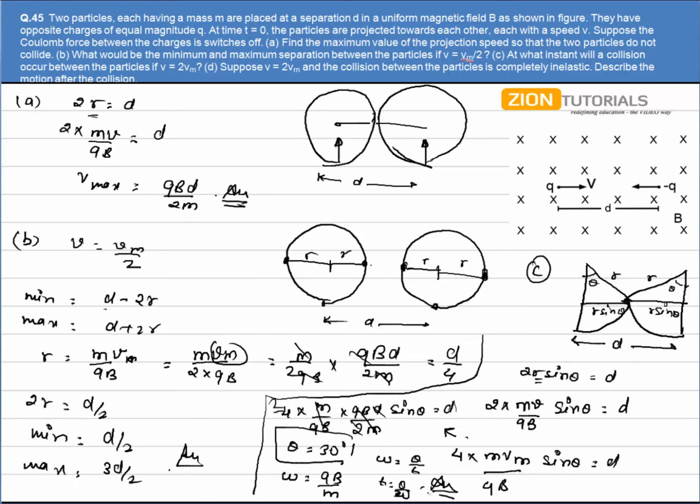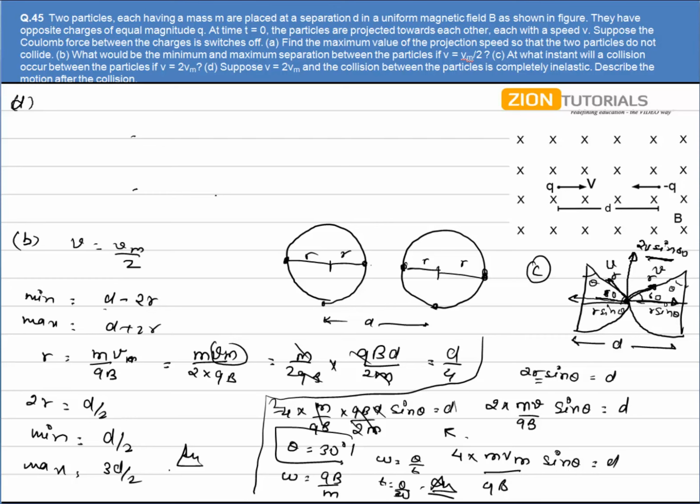I make the components of the velocity of both of them, that is v cos 60 in this direction and v sin 60 in this direction. And similarly for this one, v sin 60 in this direction and v cos 60 in this direction. This v cos 60 and this v cos 60 will get cancelled because they are equal and opposite in direction, and this velocity will add up. So it is very clear that the motion of the two particles will be a straight line because they have velocity only in one direction. So the motion is a straight line with constant velocity,